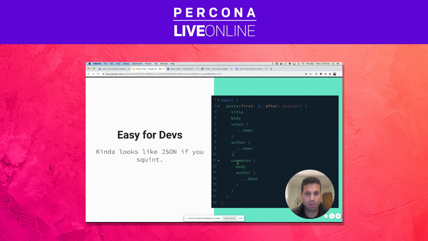This is kind of a joke. GraphQL is really familiar territory for front-end developers. It obviously has lots of documentation out there, great clients, and if you squint just right, it looks like JSON or JavaScript. It's in that frame of reference, so it's easy for them to just pick up and run